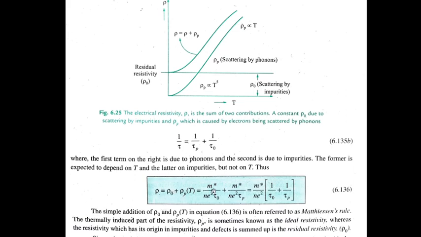The resistivity equation we know is m star upon n e square tau 0 for the residual one, and m star upon n e square tau p. So I am just writing this generality in two components. If m star upon n e square is common, then 1 upon tau 0 plus 1 upon tau p. So it is the simple addition of rho 0 and rho p of T as a function, and that is nothing but Matthiessen's rule in terms of the